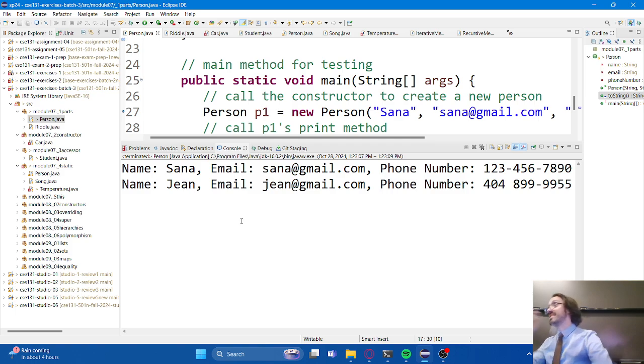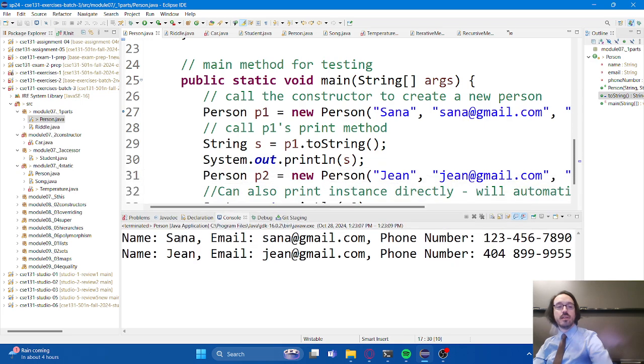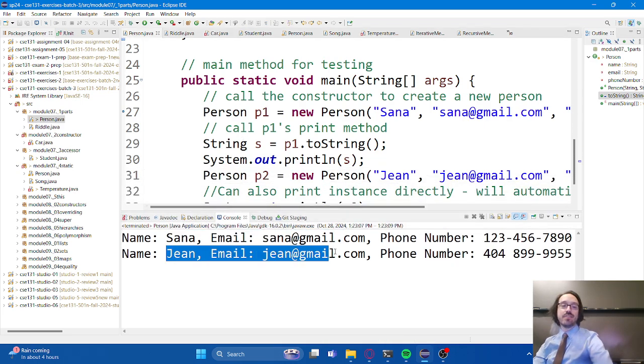The output is not terribly exciting. It's how we get there that's important. It's the mechanics behind all of this that is important. We can see that first the entry for person 1 gets printed out, and then the entry for person 2 gets printed out. But can we take a look at that in perhaps a little bit more detail?